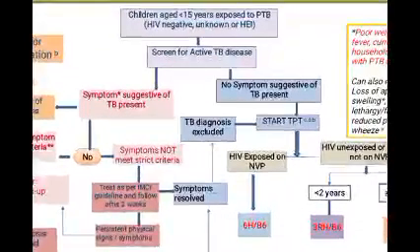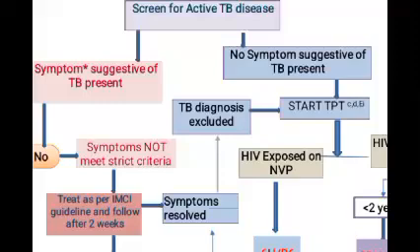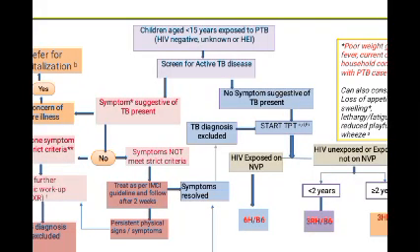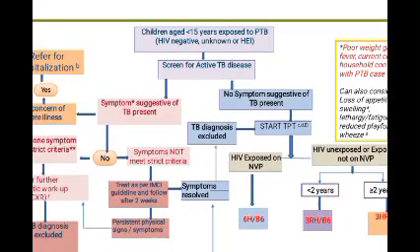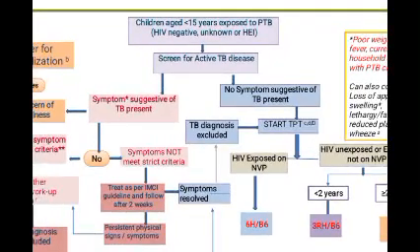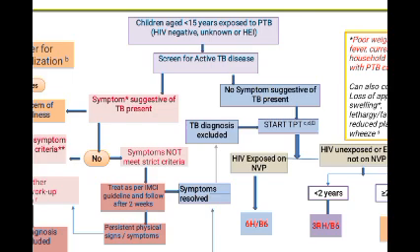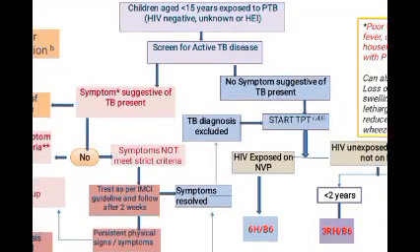Poor weight gain, fever, current cough, household contact with pulmonary TB case. Can also consider loss of appetite, neck swelling, lethargy, fatigue, reduced playfulness, with